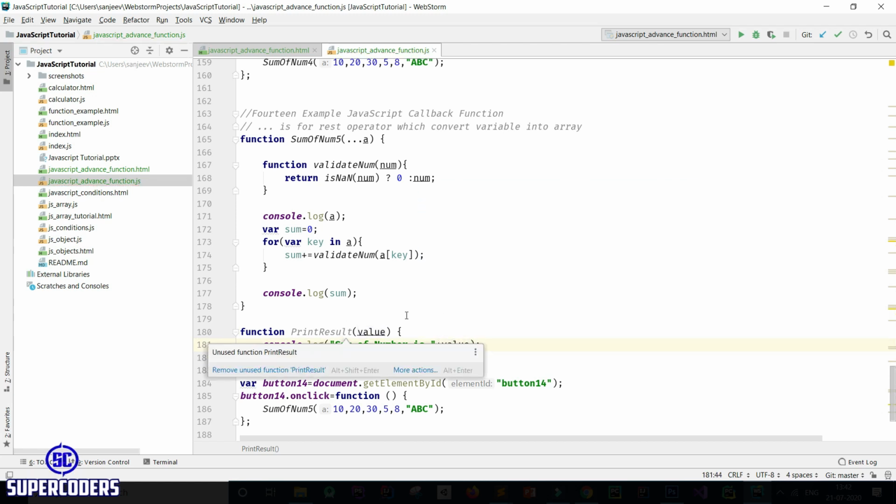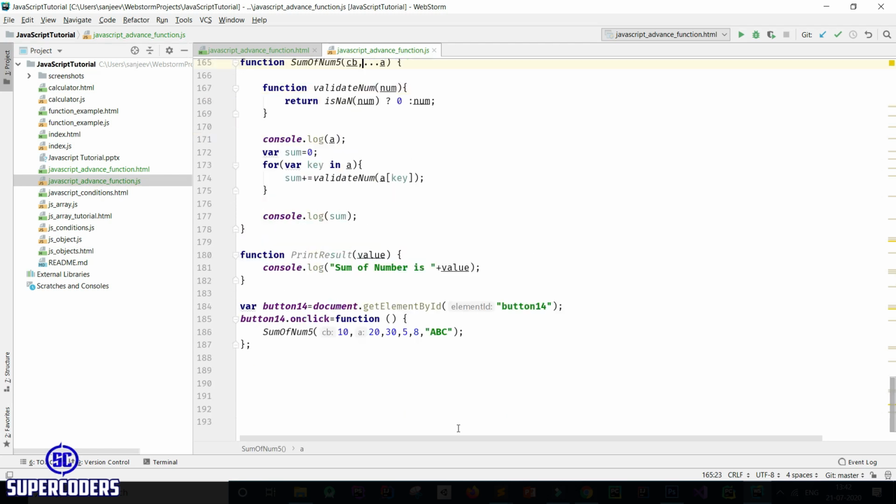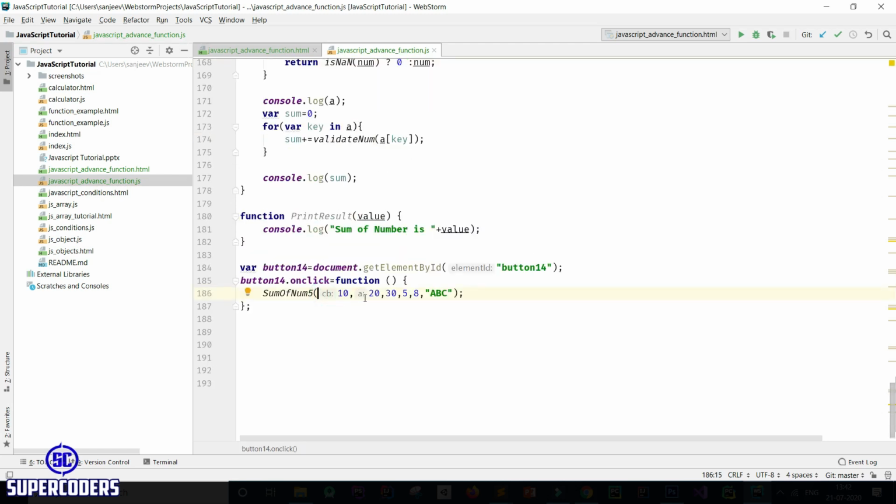Now let's see an example of callback function. Here you need to add a callback function. So CB, which is callback function, then in sum of number you need to pass the callback function, which is printResult. Here I am passing the function name, then instead of printing just call this function.